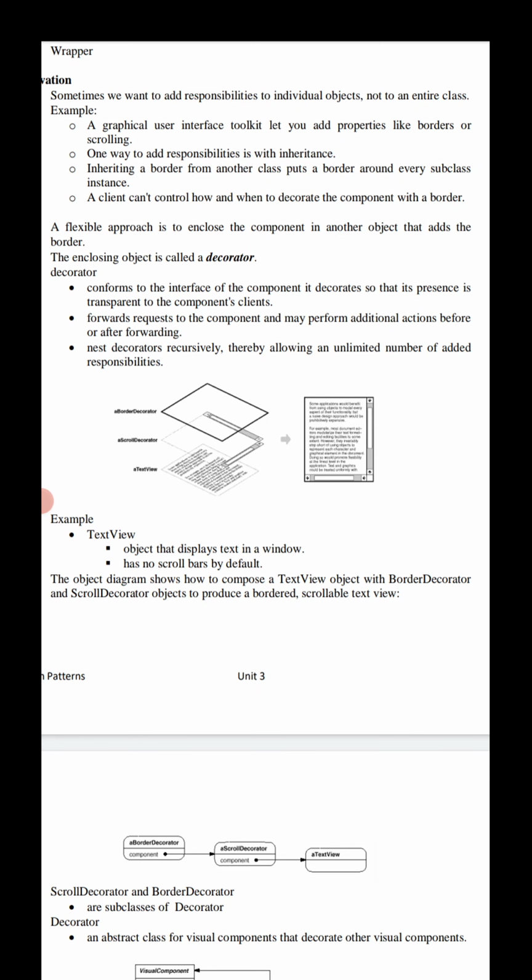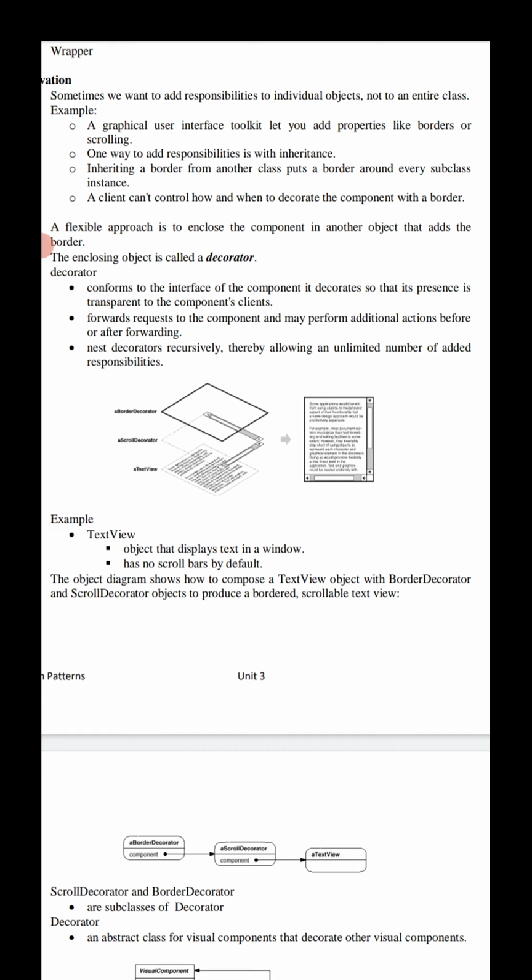For example, look at the text view. Suppose we have a text view object that displays text in a window. It has no scroll bars by default, but since we might need them, we can use a scroll decorator to add them.